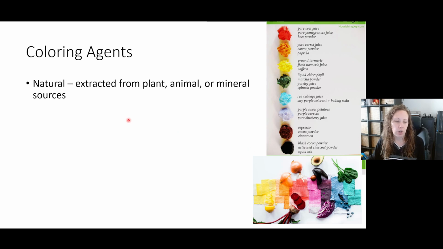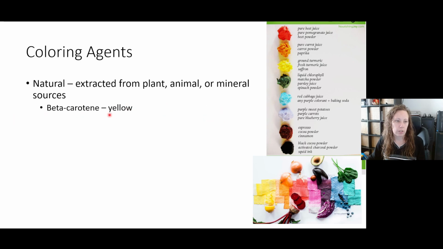And so natural coloring agents are, of course, going to be extracted from plant, animal, or mineral sources. It's something that is naturally found in the environment, and there may be a complex process of extracting that particular coloring agent, but it is coming from a natural source. It is not being made synthetically in a lab. So some examples of these,